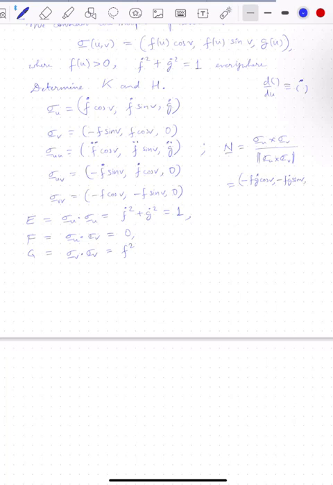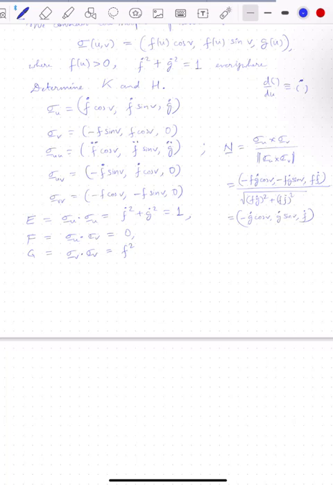right? And the third term is f dot f cosine square v plus f dot sine square v, so it is like f dot f, and this divided by the square root of this, which is f g dot whole squared plus f dot whole square, and this comes out to be f square comes out of the square root, so we'll have just minus g dot cosine v, g dot sine v and f dot. So this is our n,